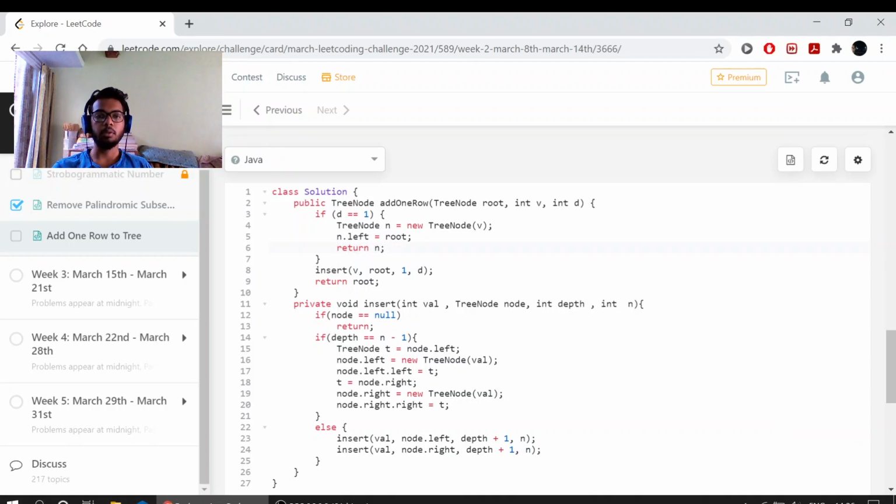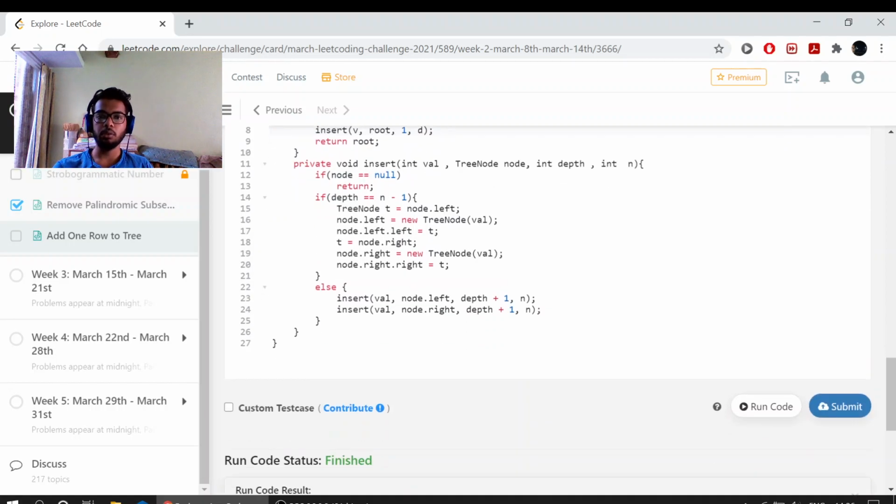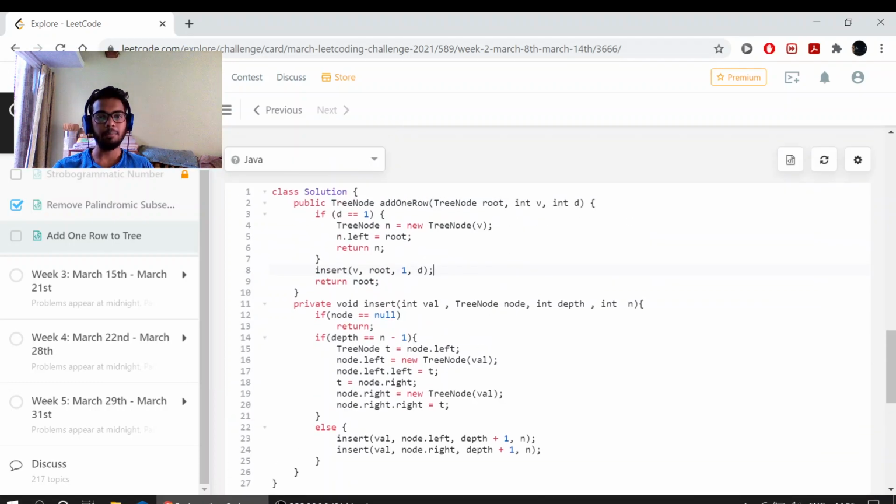Otherwise, if this wasn't the case, I created an insert function. This isn't my code. I tried various ways. I tried using a queue as well as a stack. It was a bit confusing and it was not running well. So I went to the site, I looked for the solution, and this was the easiest solution I could find because it's using recursion. We could have done BFS using a queue or DFS using a stack, but I wasn't able to do it quite properly.